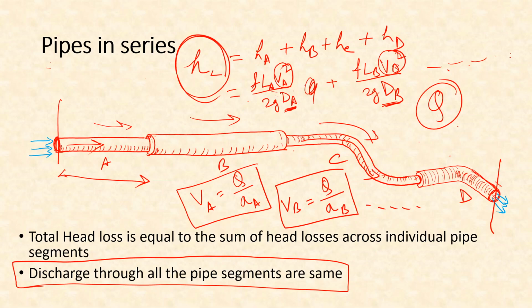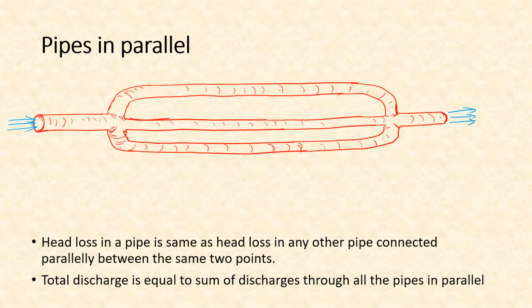So you can formulate any kind of problems using a large number of pipes and try to solve them. The next arrangement is pipes in parallel. Suppose the pipe is going this way and at some point it branches into 3 different pipes, it may be 4, 5 or any other number. So when it is branched into 3 different pipes and then again it is meeting at some other point, suppose this point,